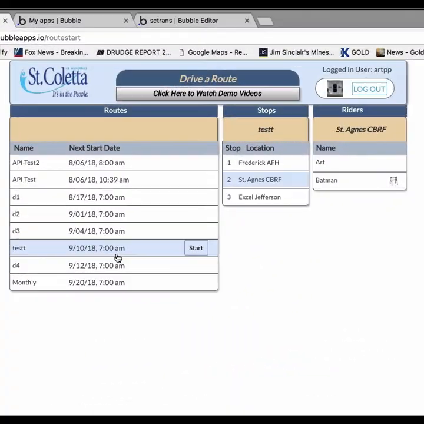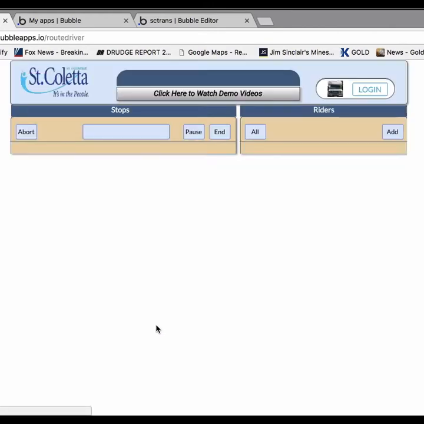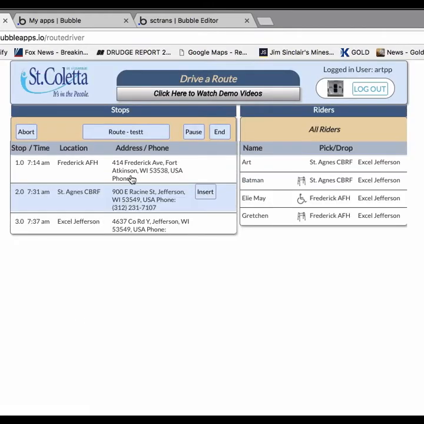Run this little test route again here, and I want to show you some additional functionality that's built in. So we get to the route screen, and one thing we can do,